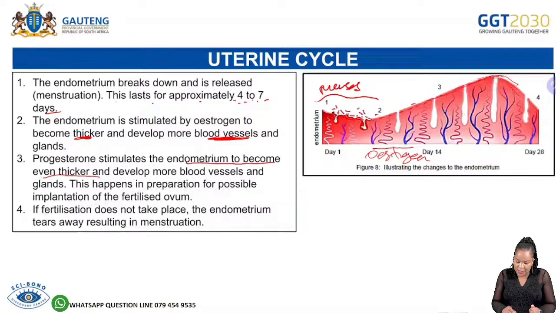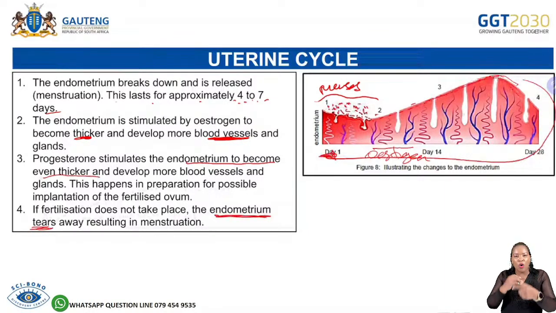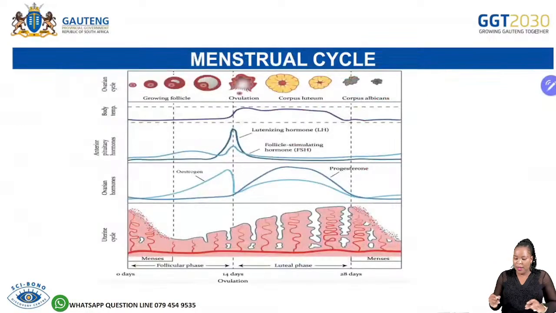If fertilization does not take place, then the endometrium tears away. When it tears away, it means it's starting all over again. That is when you're going to start seeing this blood, and then the whole process will start again. Now we've spoken about the hormones here and there. Let us take a look at all the events of the menstrual cycle